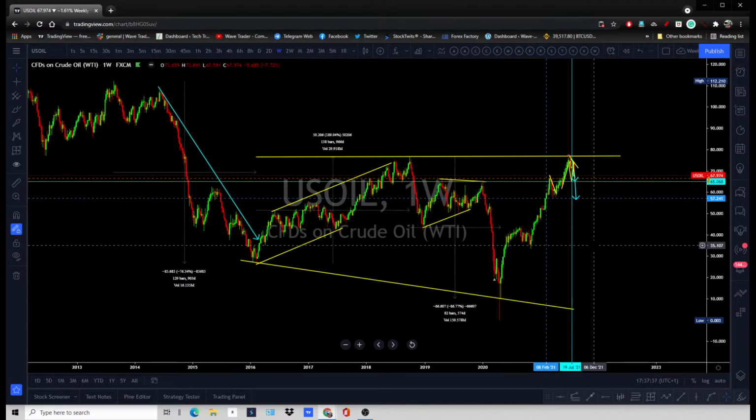So we can't expect oil to just keep rising. If anything goes wrong between the OPEC countries again, we're going to see a free fall on oil. There is no reason and logic behind stronger oil prices. Yes, there was a reason when central banks wanted to stabilize the prices and stabilize the market.